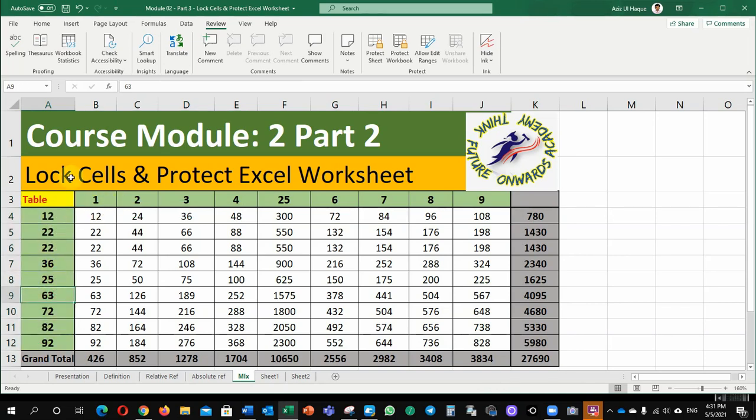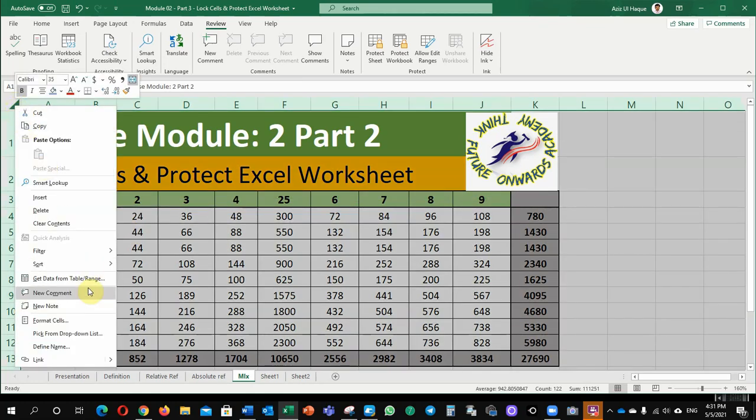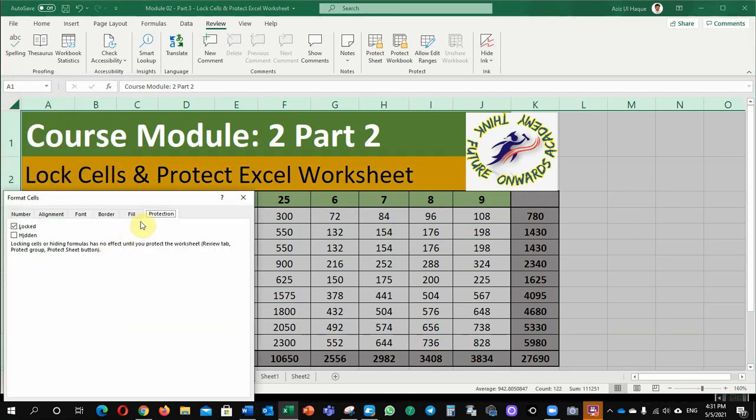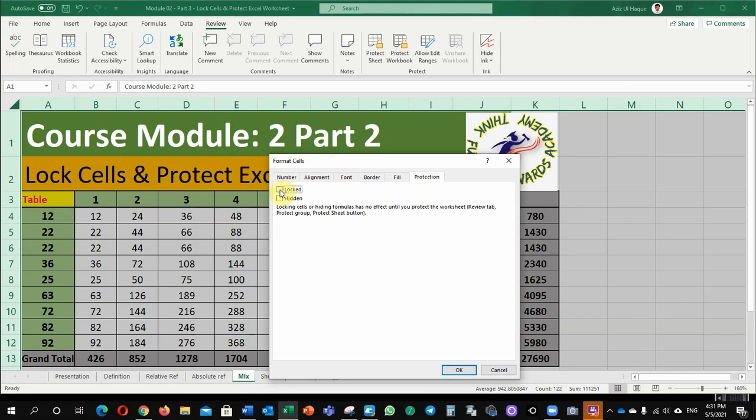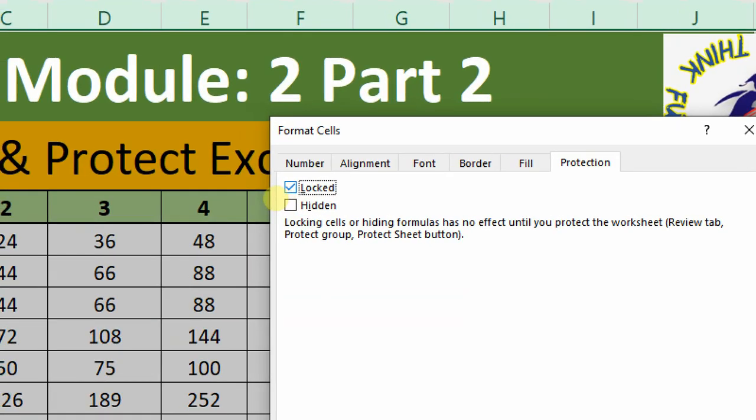To do it you need to do one step first. Click it here, right click, Format Cells, Protection, and click on the option Locked. Now you can see this option is highlighted as a tick box.